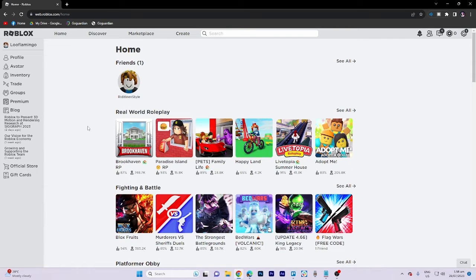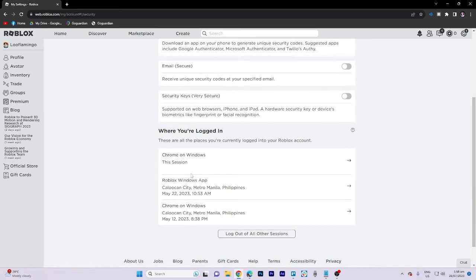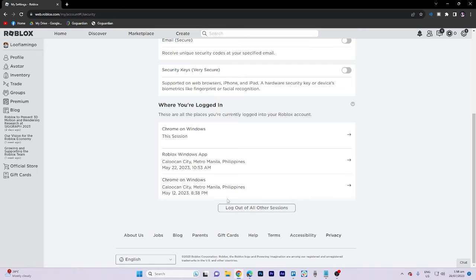Then, click on the gear icon located on the upper right corner and access the settings on the left side. Navigate to the security section and scroll down to the bottom. Here, you will find a list of all the different places and devices where your account is logged in. If you notice any unfamiliar entries, click on the arrow to the right and select Log Out of Session to